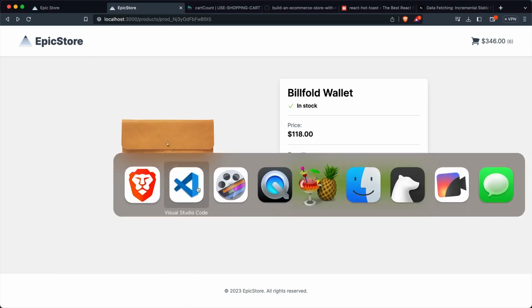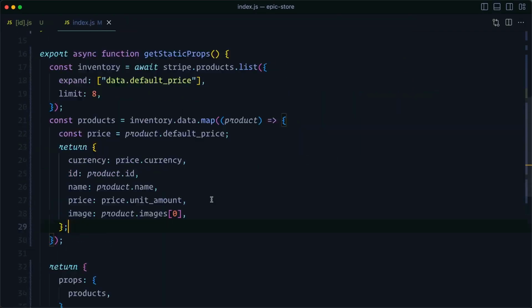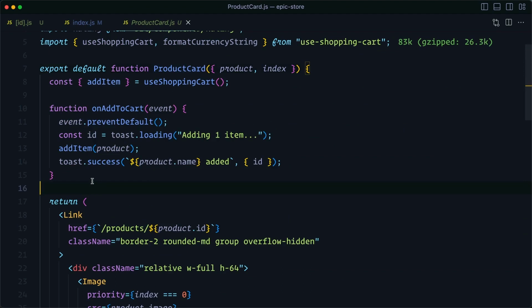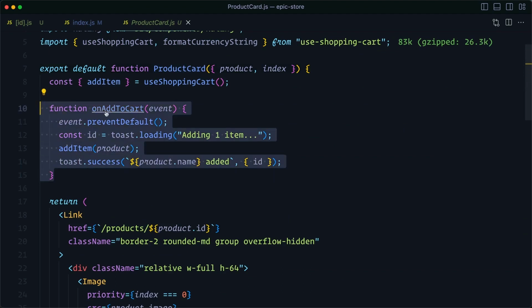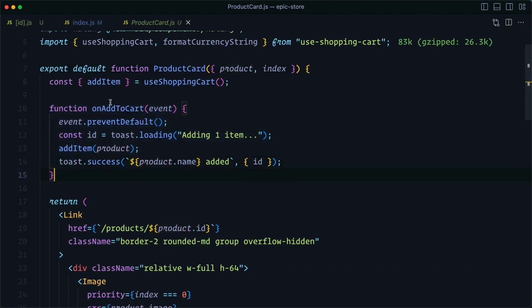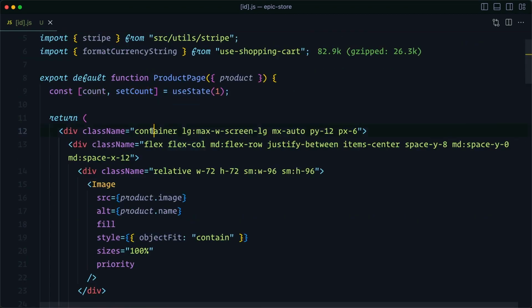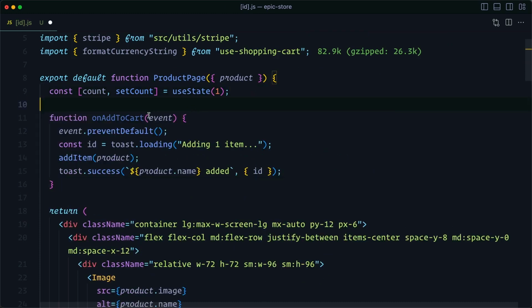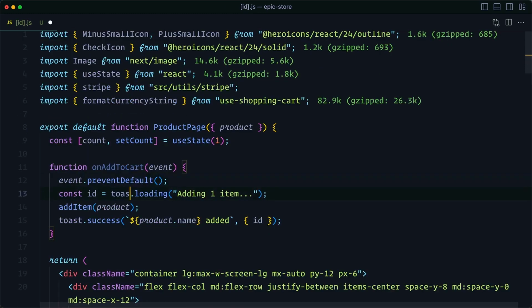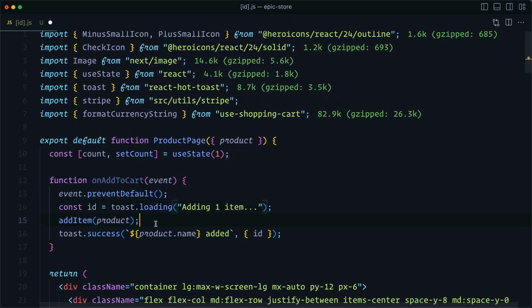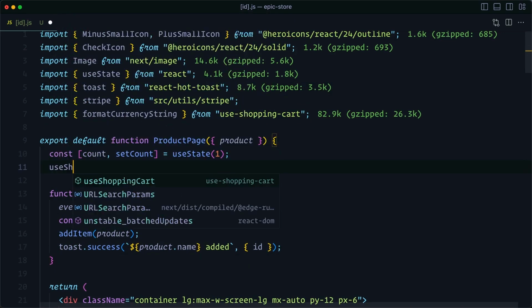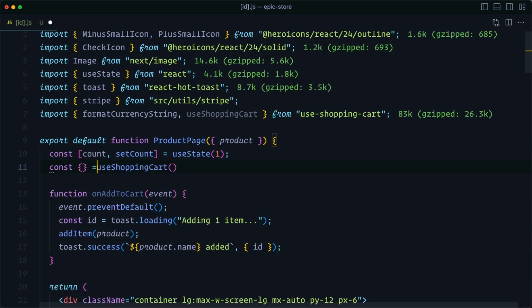Well, we're going to grab the same functionality from the home page, specifically within the product card component. We can copy that function, that onAddToCart function. We're going to head back to the product page. We can paste that above the return. Just make sure to import React Hot Toast, or the toast function from React Hot Toast rather. And we also want to bring in the useShoppingCart hook, because we're going to need the addItem